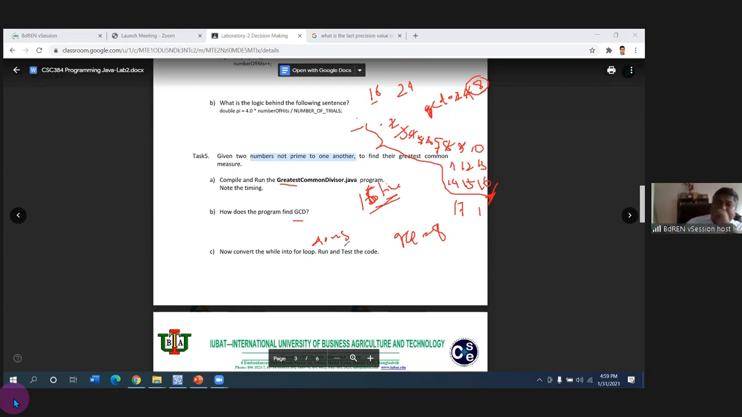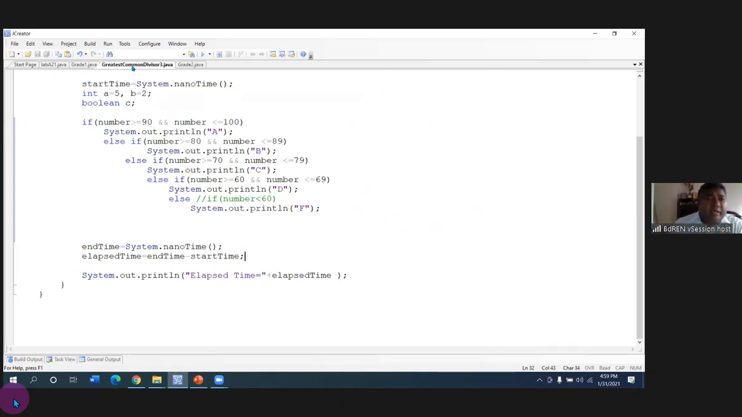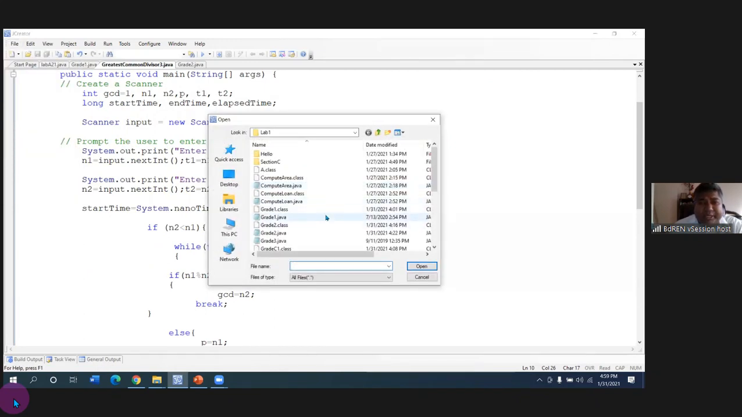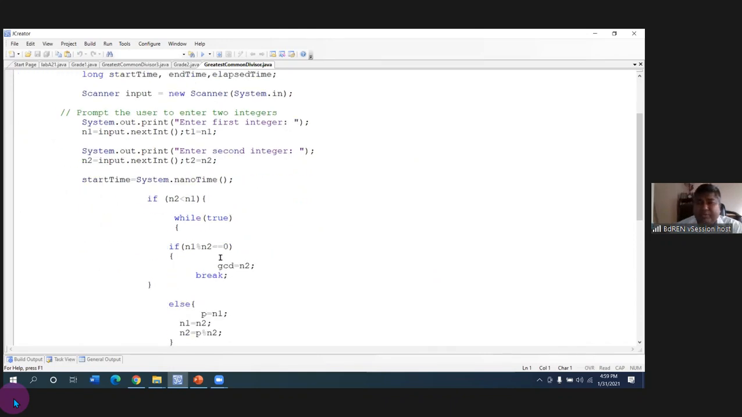Now, this is our first program that we are talking about. So we can go to this one and we can run this one. You can see here greatest common divisors. I have a program, so I'm taking this program, where I have GreatestCommonDivisor.java. So I'm taking this one. This one is our first program. And then when we run this one, you see,